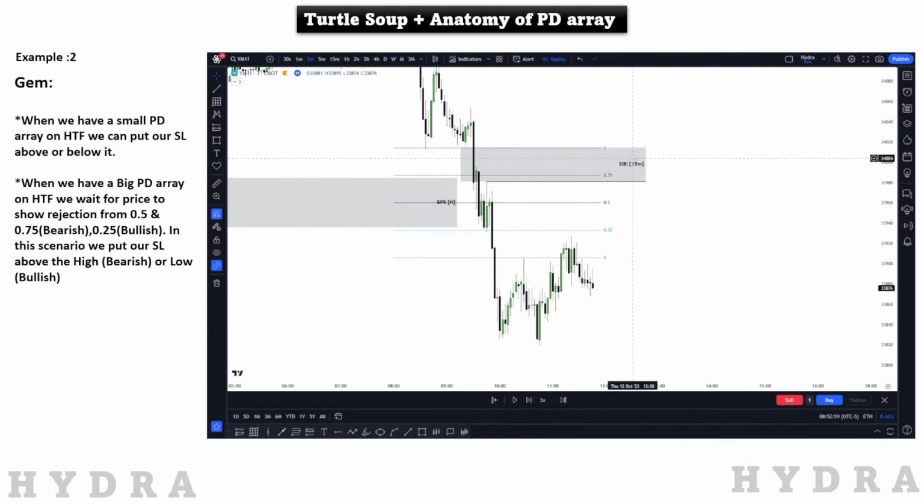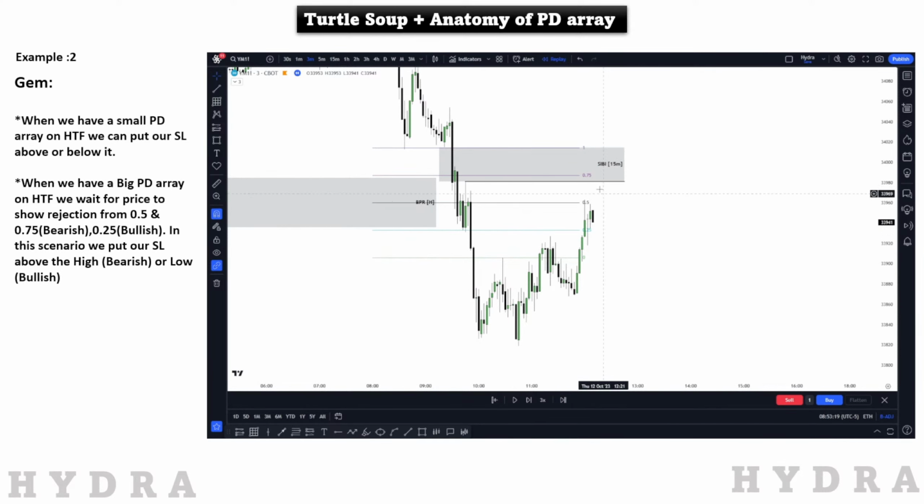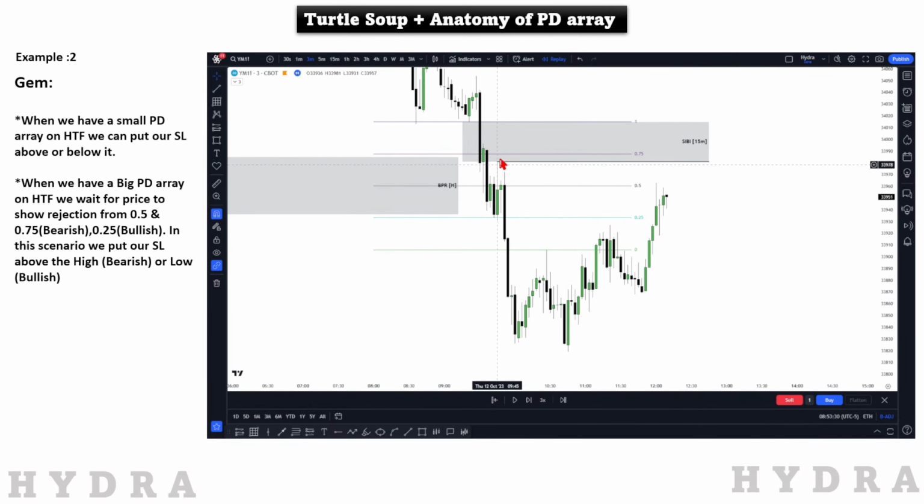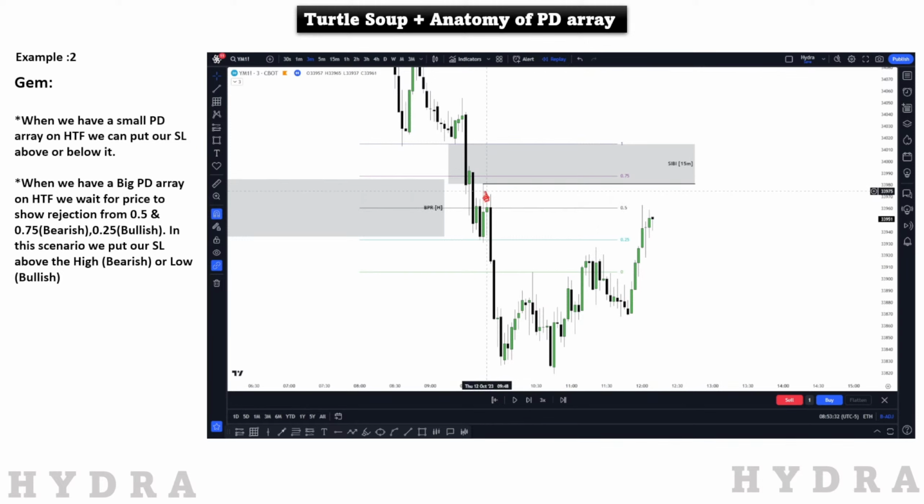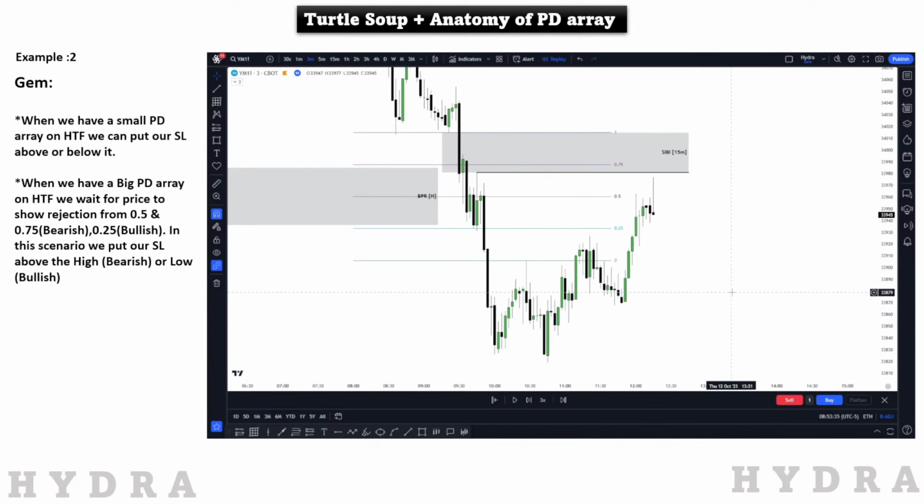Okay, so the rules are like this, folks. You will have to follow these rules. Sometimes you will see that price is rejecting from the low of the PDA, so you will have to also align other confirmation with the chart, but the high probability is price rejecting from the 0.5 and 0.75%. And as you guys can see, price hit the 0.5%, but we already know where our buy side liquidity is, right? Our buy side liquidity is resting above this swing high, so we'll wait for price to go above this swing high